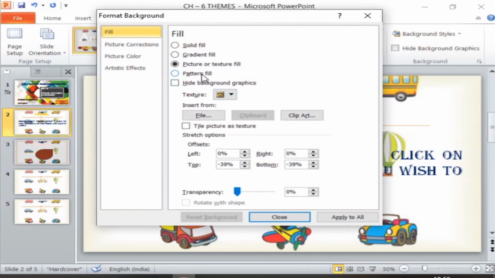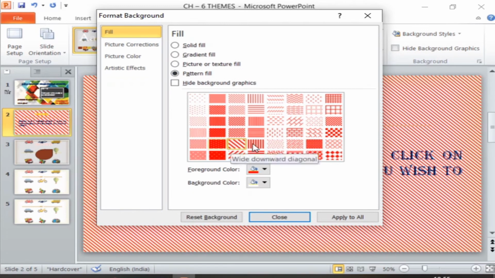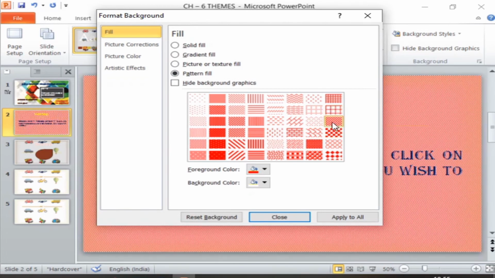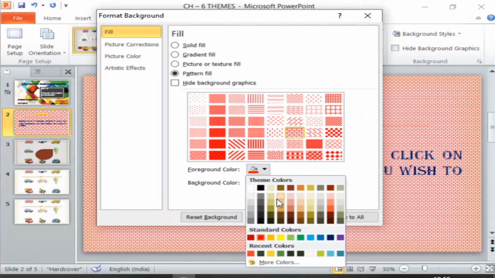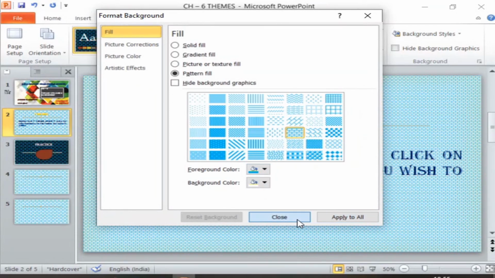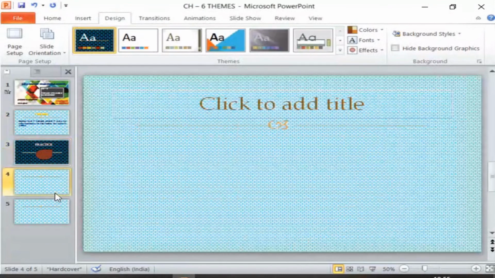The fourth type of fill is pattern fill, where you can choose any pattern to be applied as a background. So many patterns are there. Also, you can change the color of the pattern like this. So the pattern has been applied now on the background of every slide.